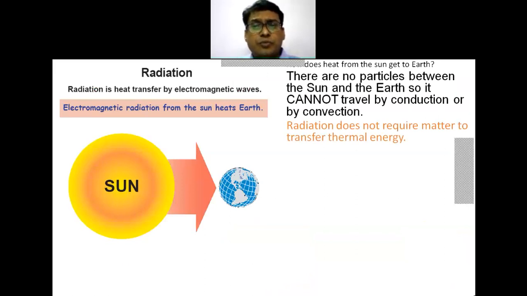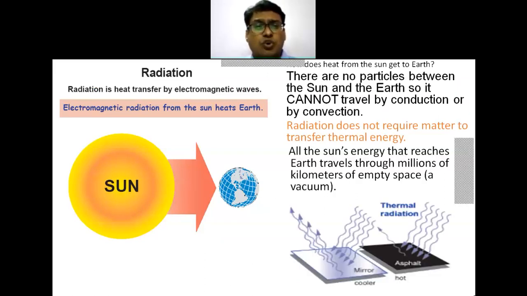Now, how do we get the energy from the sun? It is the most abundant source of energy, but still not trapped to that extent. Nowadays, it is being utilized by using photovoltaic cells, solar pumps, solar water heaters, and different sources. There are no particles between the sun and the earth. It is all vacuum,